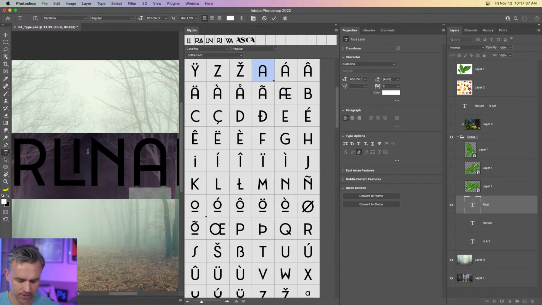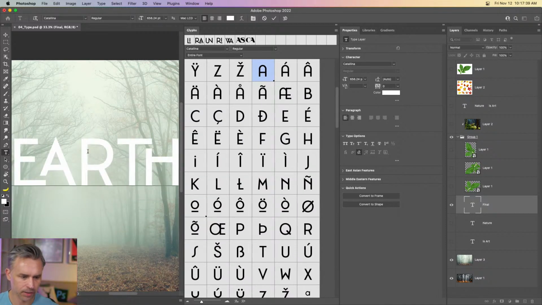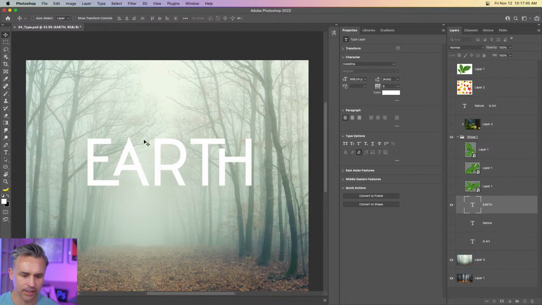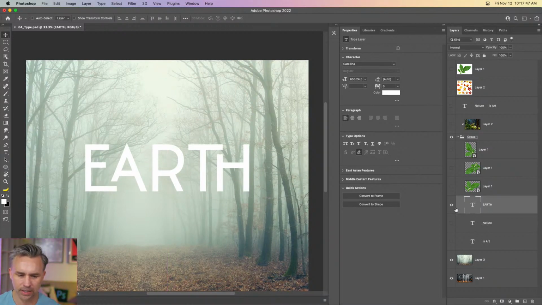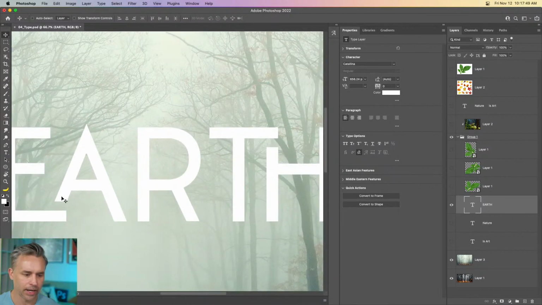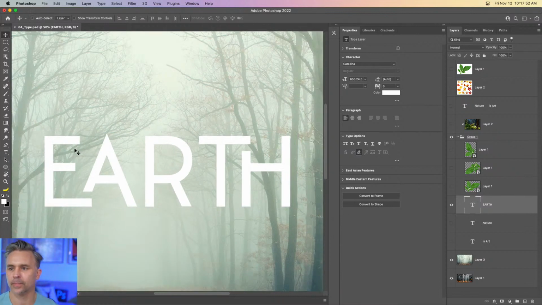Okay, so we do this. There you go. Boom. So we have these extra ligatures for this font, which is called Catalina. And now all of a sudden, again, we just have this cool interplay of the letters based on that font.